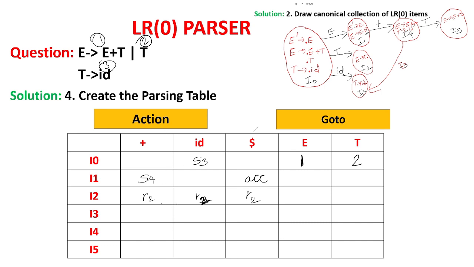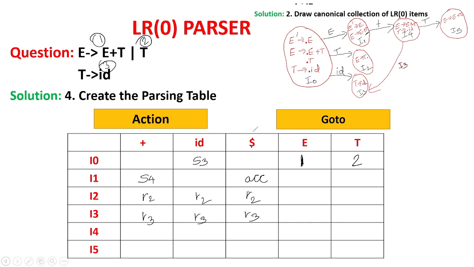Now go to R3. Now R3 also is having one production. T produces ID, and this is a fully exposed production, that is, T produces ID dot is there. After the dot nothing is there to expose. So I3 state is having one production which is fully exposed, so there is no further shifting. This production is production number 3 in the original grammar, that is T produces ID, and it is fully exposed. So we cannot shift further, so it is reduced. So write it as R3 in all the cells of the action part.